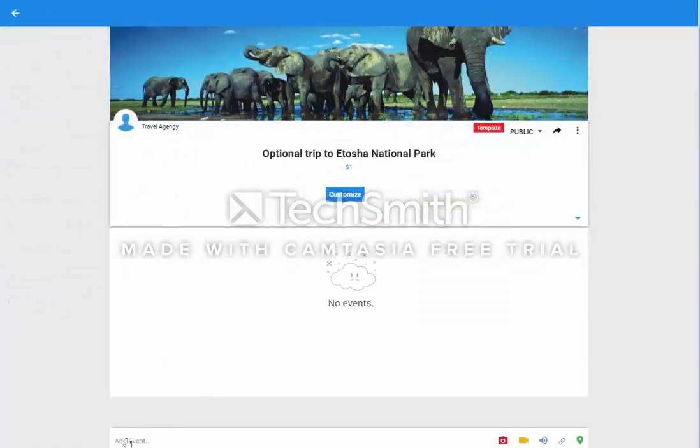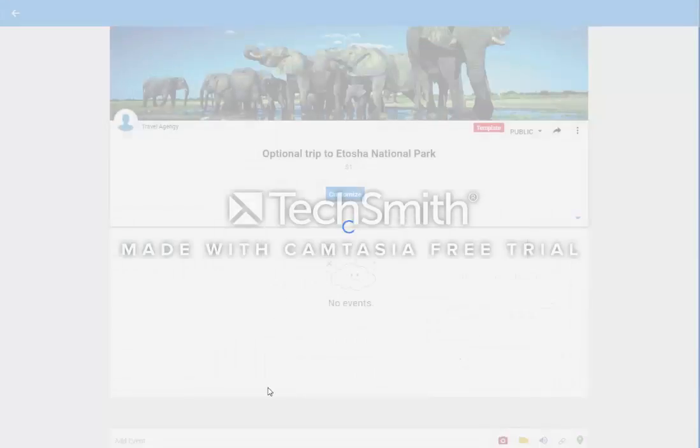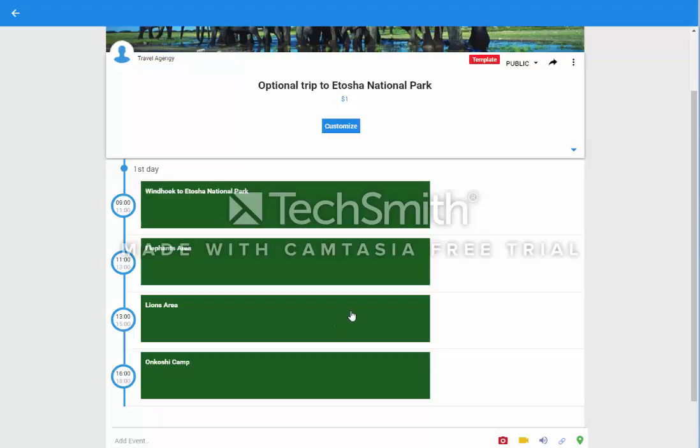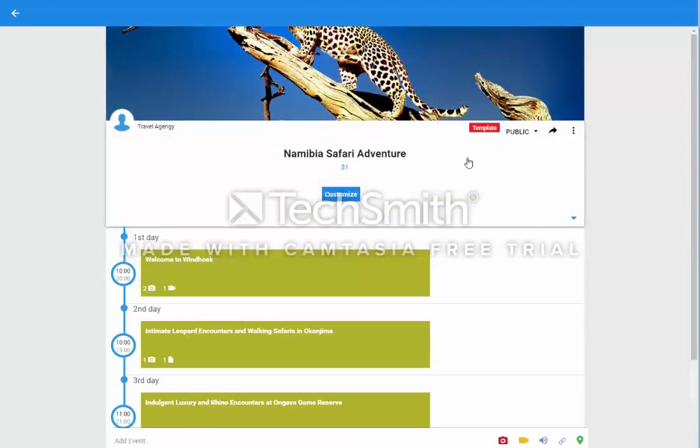We're gonna need to add also some events. Okay, the title. I'm gonna skip the description field, and let's set a start date 9 a.m. to 11 a.m. on first day. Okay, save, and continue to add the other events. After creating the events you want, you need to go back and enter the first timeline we've created,